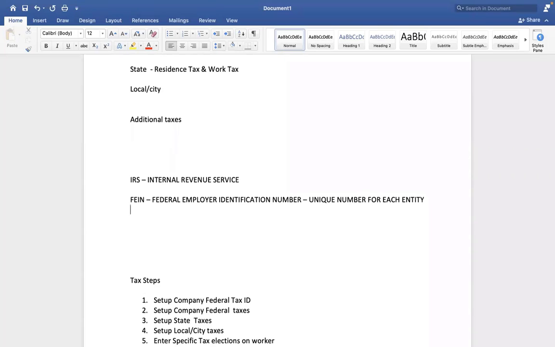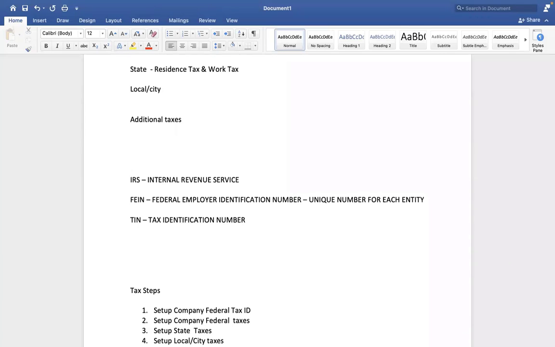Ma'am, in India also we call it TIN number, tax identification number. In US, we call it EIN number or FEIN number. In India, TIN, tax identification number. With the help of this tax identification number, we will track whether the company has been paying taxes. Forget about the profit, that is financial. Employees' taxes: 100 employees are working. The 100 employees need to pay taxes.